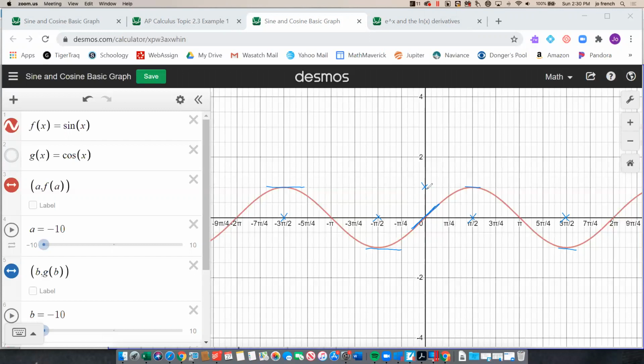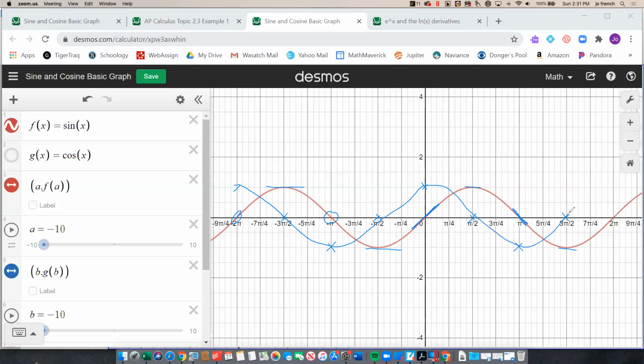When it's going down again at that halfway point, our slope is going to be negative 1. And over here it's going down, so we'll be at negative 1 again, at pi. And then as it's going up over here at negative 2 pi, we'll put it at positive 1 again. If I connect these dots,